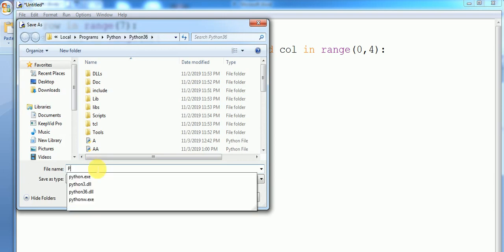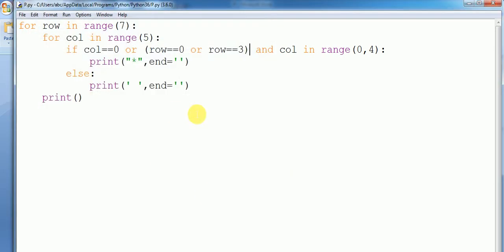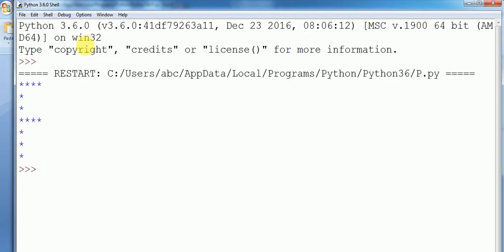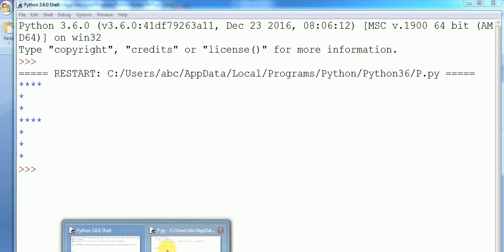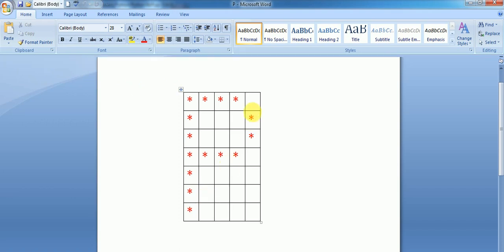For P. Okay, then run this module. I have to check, yeah, working fine. Then we want to put condition for these 2 stars. Okay, these 2 stars, if 0 1 2 3 4, fourth column,